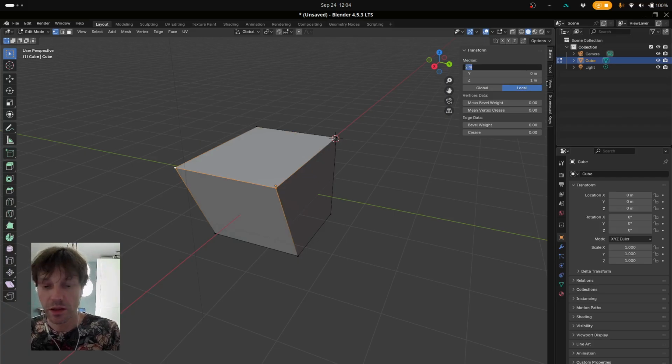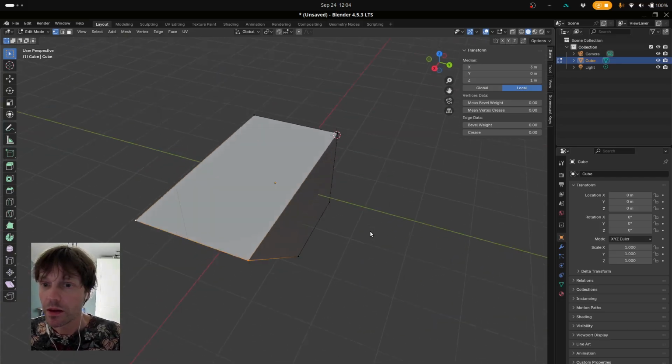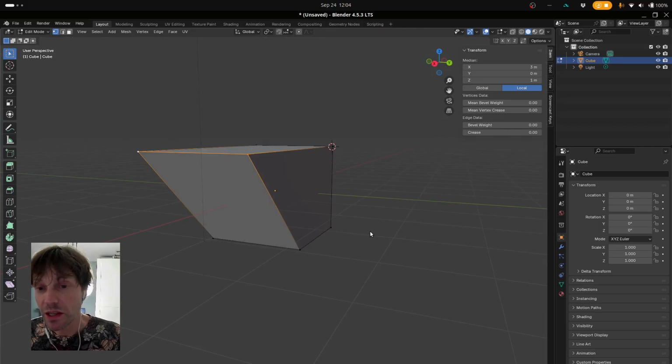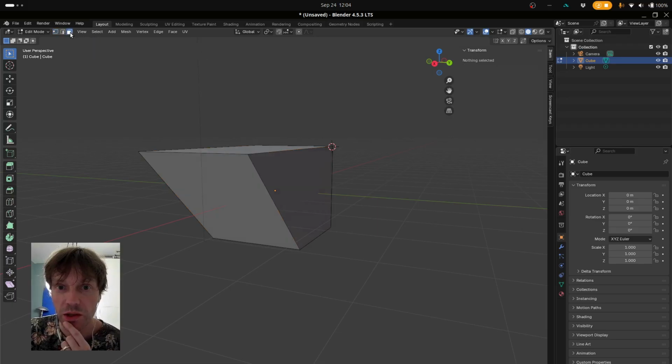I want to move it, let's say 3 meters. Yeah, but even easier than that is selecting differently. Instead of selecting or shift selecting multiple points, I would recommend the face select. So I'm clicking on face select mode up here in the toolbar, and this allows us to right click on